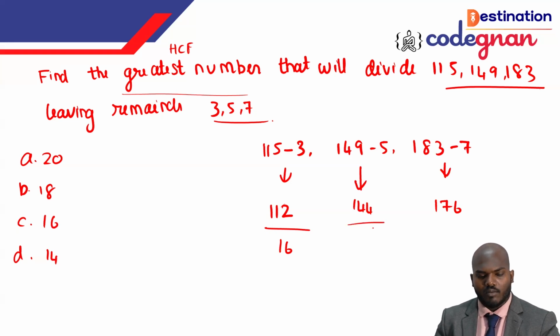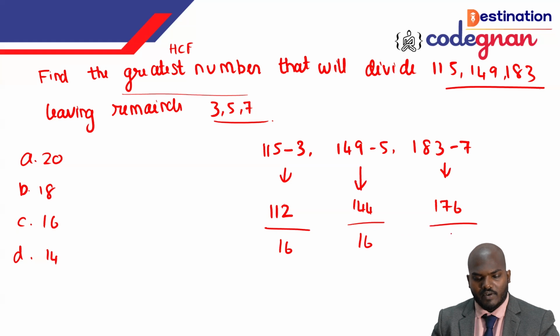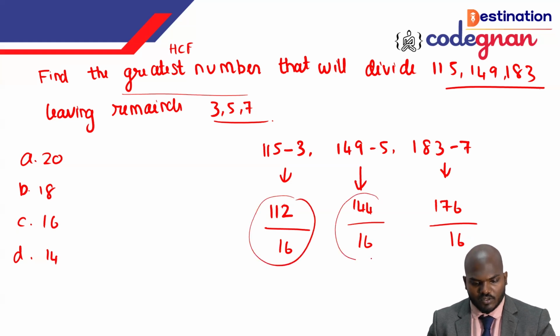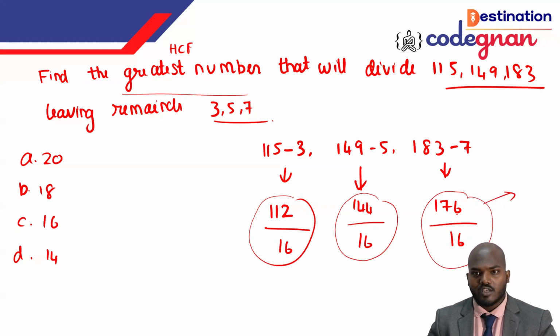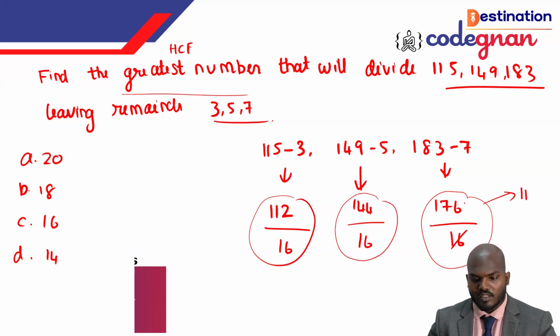And going on, we can get the value 144 also. 144 is also divisible by 16. If you divide 176, it is also divisible. If you want to check, please check here. All the numbers, 112, 144 and 176, are completely divisible by 16. If you divide this one, 176 is 11 times 16, if you cancel this one, it will give you 11 times 16,